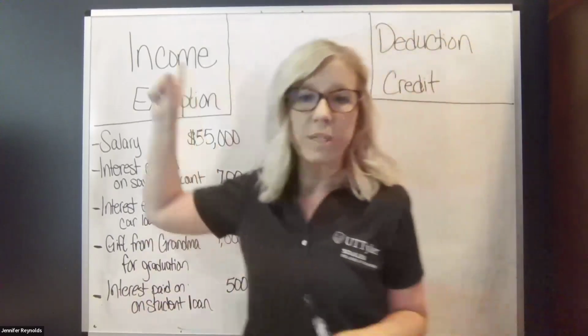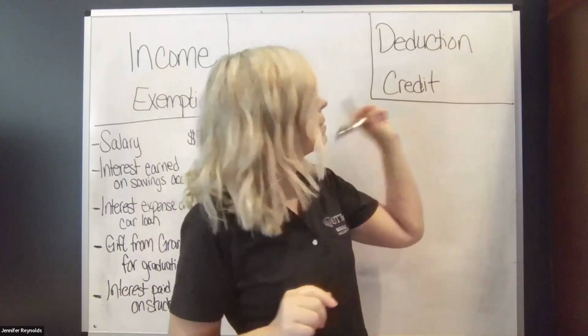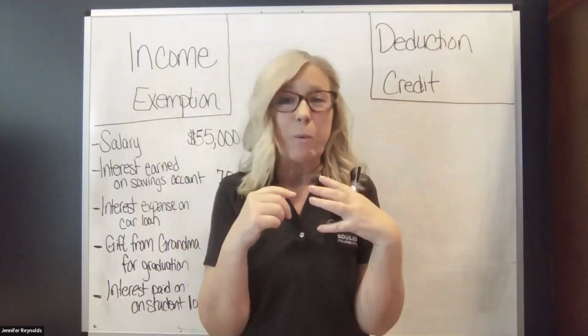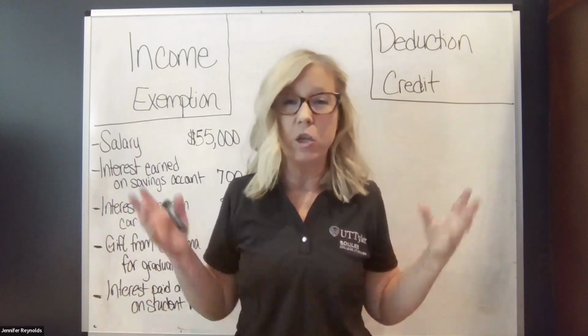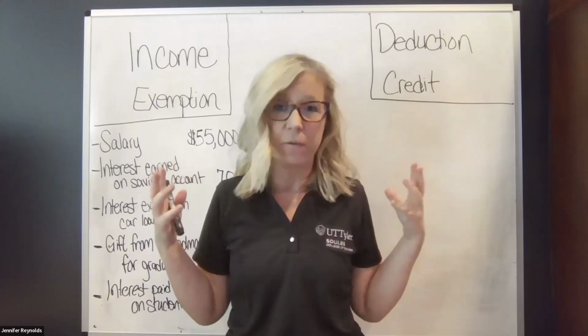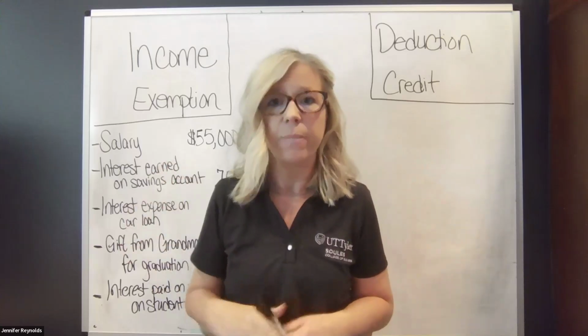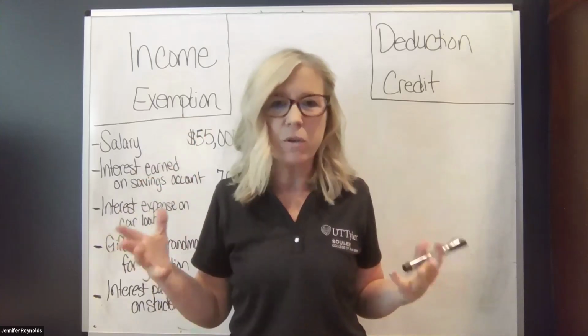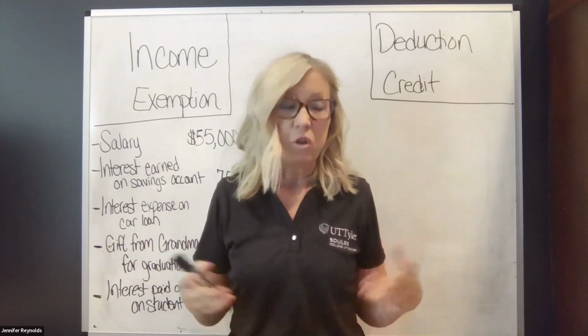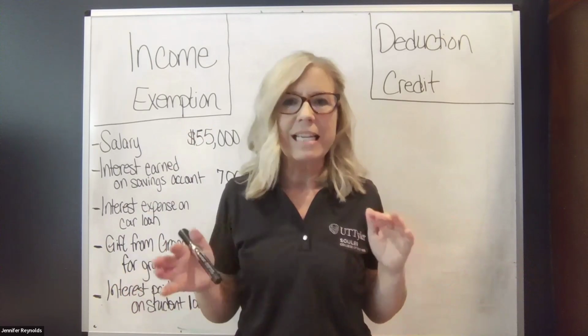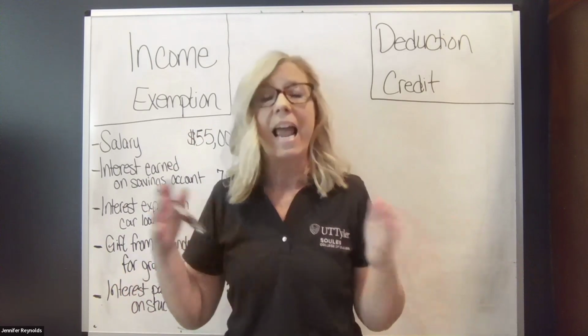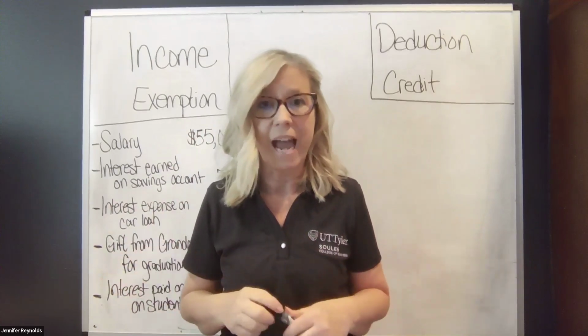I've got four terms: income, exemptions, deductions, and credits. And we use this for everything in tax. So it's really important that you understand what these are and the differences before you can move on to anything else. Income is kind of what you expect. Usually some money you got for something. So a little bit difference in individual income taxes and financial accounting according to GAAP rules.